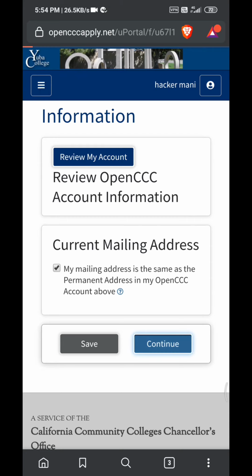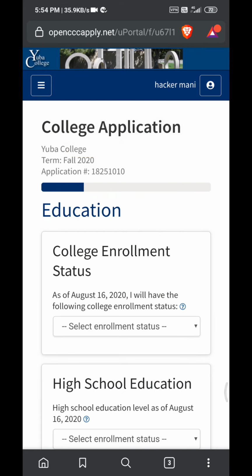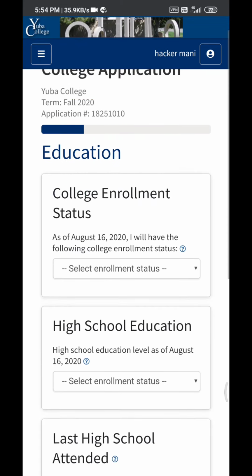So first tick on the box. My mailing address is my study address. So college status, so give what you like. So it's not an issue, so give anything. So your year was 2000.